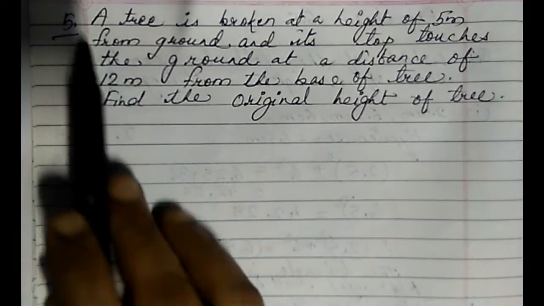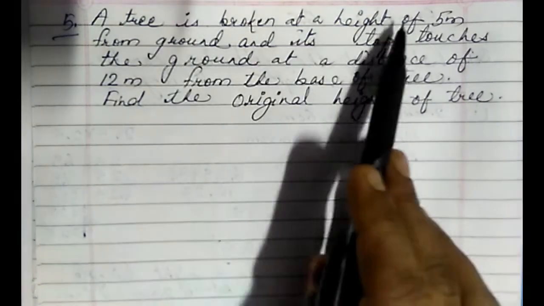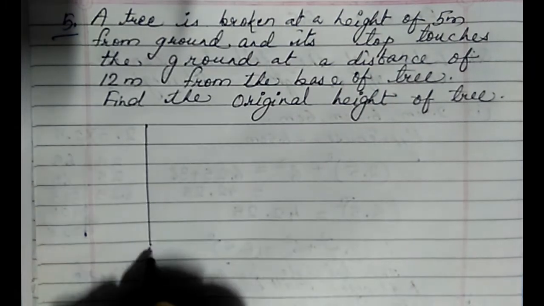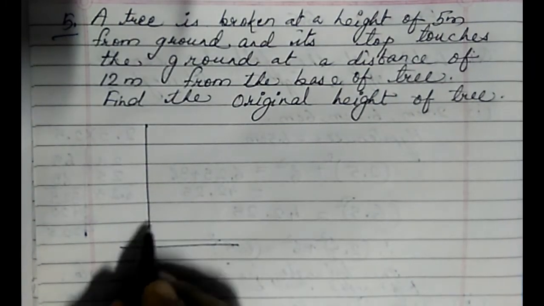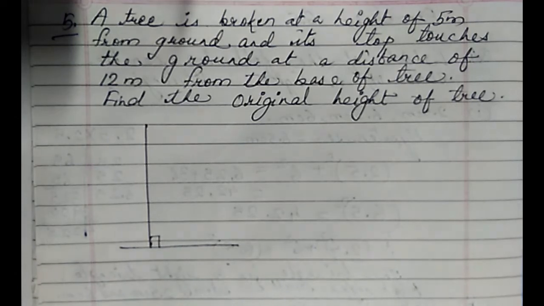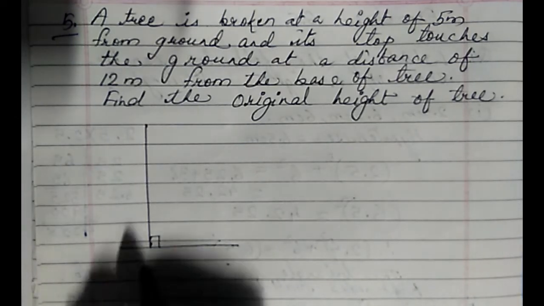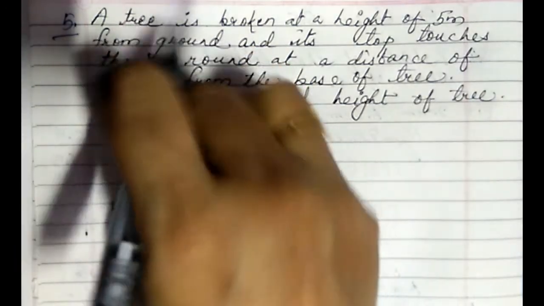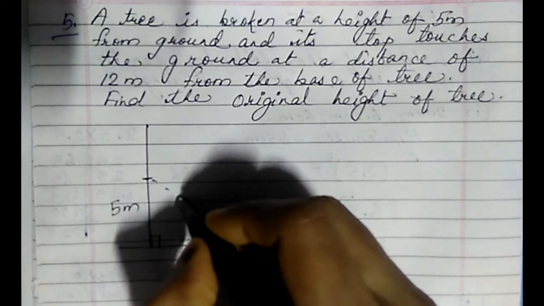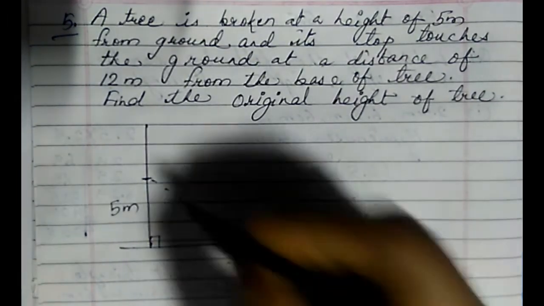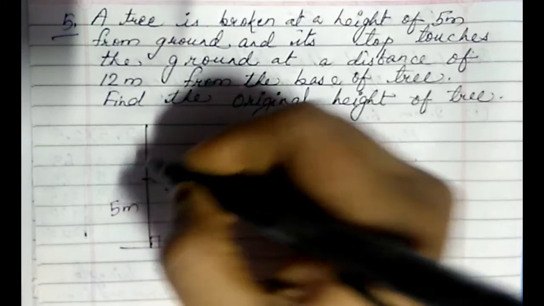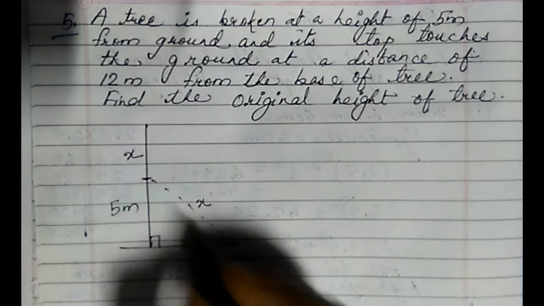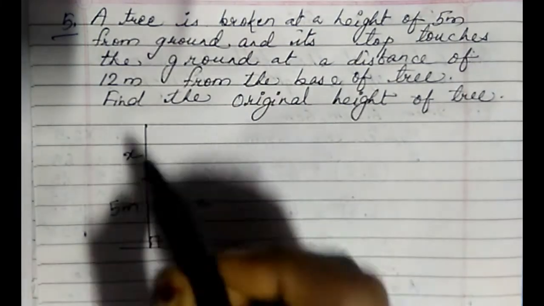So in this question number 5, a tree is broken at a height of 5 meter from ground. Let this be my tree और ये मेरा ground. तो ट्री जो है वो हमेशा we take it as a perpendicular from the ground. और वो 5 मीटर के बाद टूट गया है. तो टूट के वो कैसे जाएगा? नीचे गिर जाएगा. यहाँ से वो नीचे गिर गया. तो whatever is this height, if I take it as x, तो ये जो गिरेगा तो ये x पार्ट ही तो नीचे गिर के हाइपोटेन्यूज बन जाएगा. यही गिरा है.